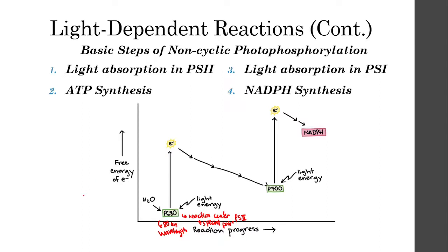So when the energy from the sun is transferred to the pigment, the pigment will funnel it out to their reaction center, the special pair 680 or P680. This P680 will become excited, and when it becomes excited, it will readily donate its electron. So the energy of its electron increases, and then it can easily donate that electron, and it will go on to that whole transfer process until it reaches the